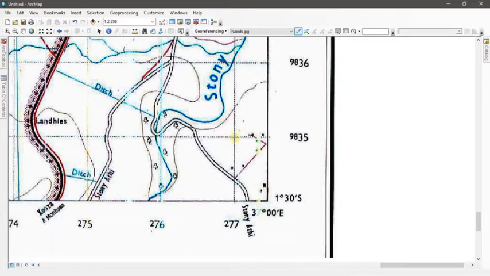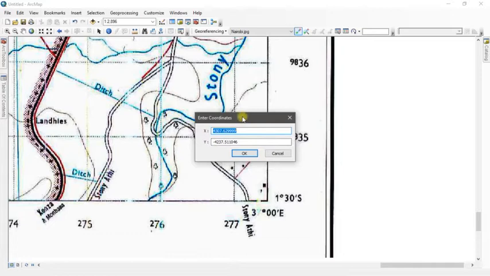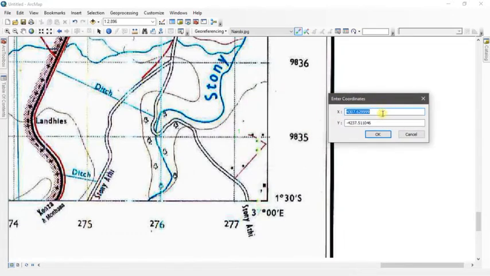After you have selected it, right click, then input the X and Y. So this is the X, this is the Y, and the label is 277. So I'm going to write 277,000. Okay, I'm going to show you, I'm having it as 1,000.